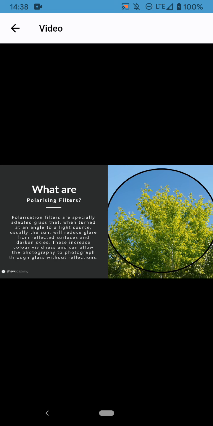By filtering out basically extra reflected light, they will actually increase color vividness in a scene. They give the effect of increasing contrast. And this is something that you'll very often see when you get these really dense blue skies. But they're also fantastic because they'll allow you to photograph through glass. So if you're trying to photograph through glass without reflections, a polarizing filter will allow you to do that. And it'll also help to reduce reflections if you're trying to photograph through water or anything that has a reflective